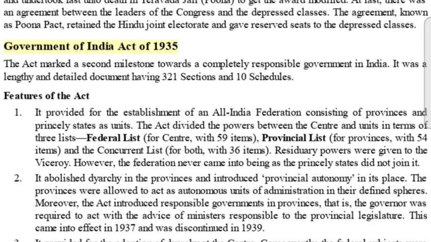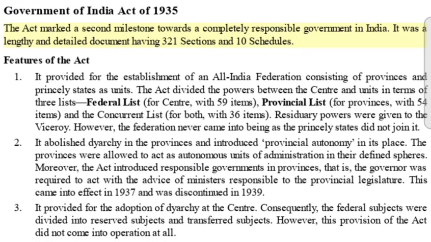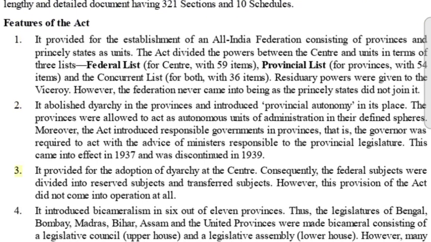Government of India Act of 1935. The Act marked a second milestone towards a completely responsible government in India. It was a lengthy and detailed document having 321 sections and 10 schedules. Features of the Act: